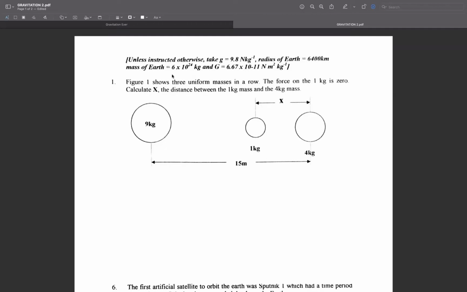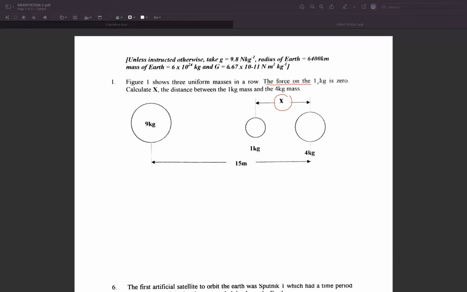OK，我们可以看我刚刚 send 的那个第二个 worksheet，只是做1、4、8、10还有14啊。So 我们先看第一题。Figure 1 shows 3 uniform masses in a row. The force on the 1 kg is 0. Calculate x, the distance between the 1 kg mass and the 4 kg mass. OK，他讲 the force on the 1 kg is 0。我们先看1 kg 有多少个 force acting 啊。So between 9 kg 跟1 kg，